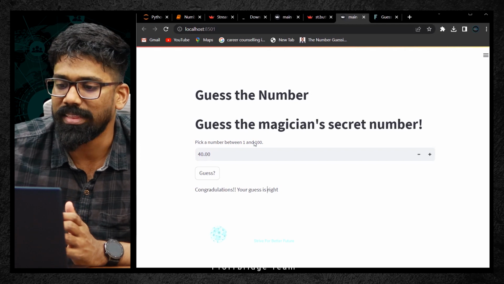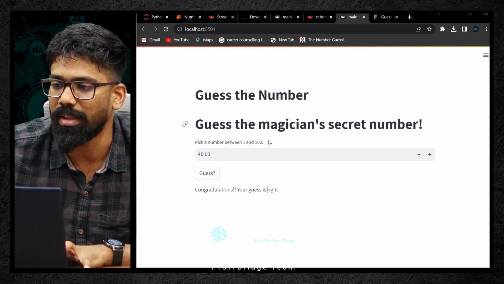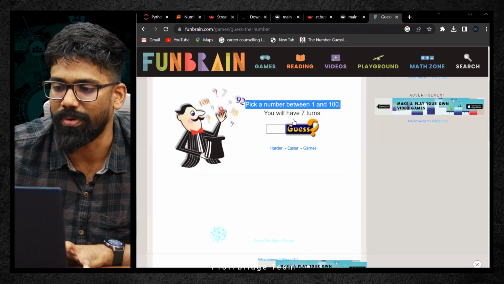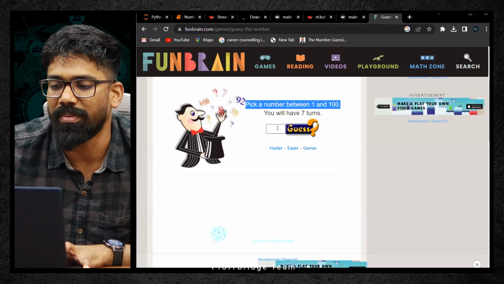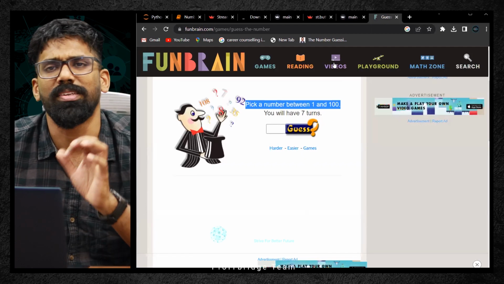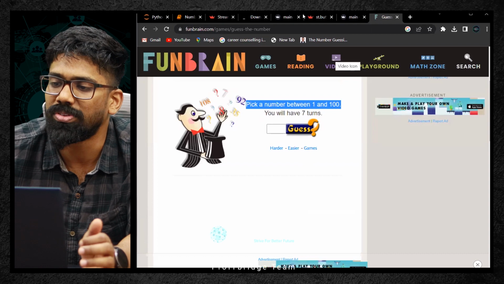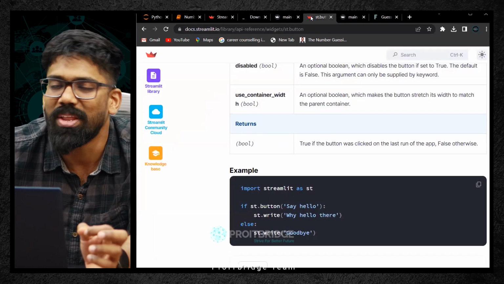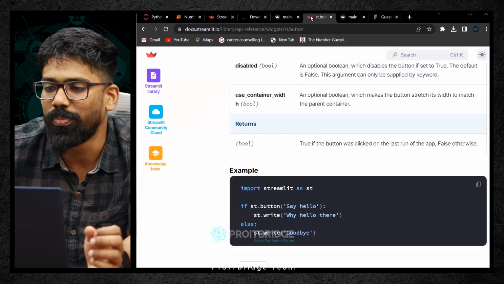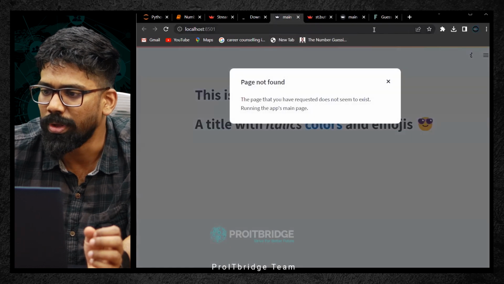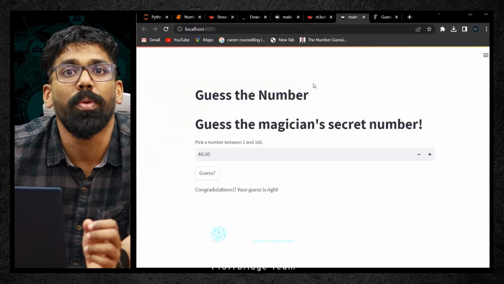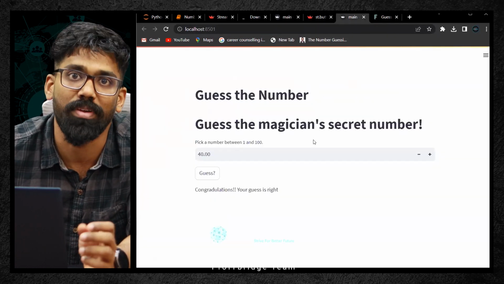And the advanced version of this is nothing but if and break, where you can just give a number and it will create a box, and that also we can do. That's just logic. But my goal in this particular mini fun project is just to tell you that with respect to Python programming, we can go for web application development as well.